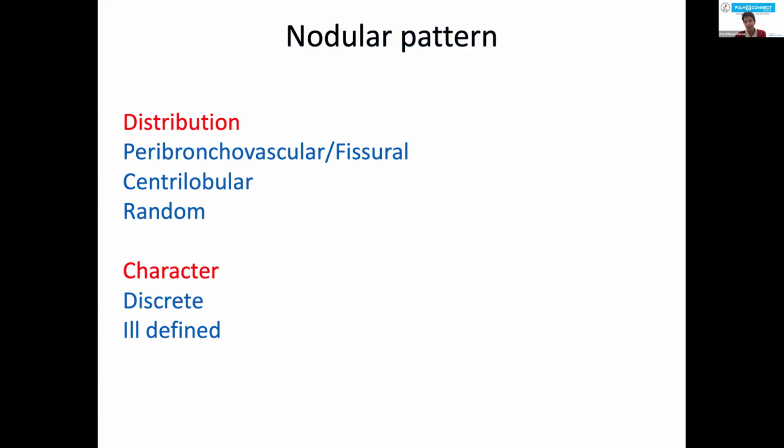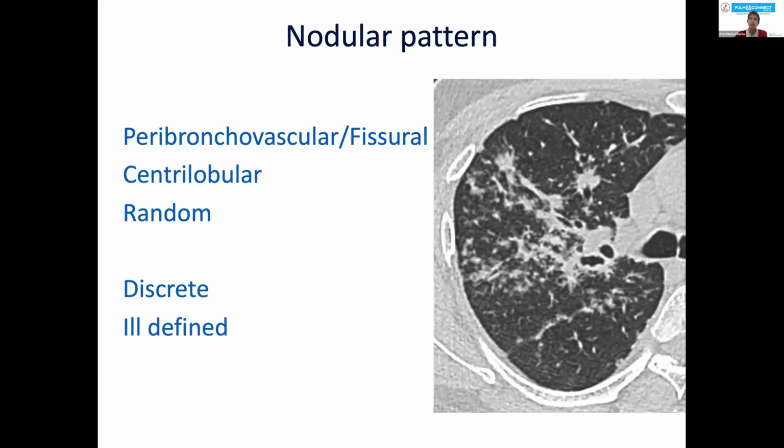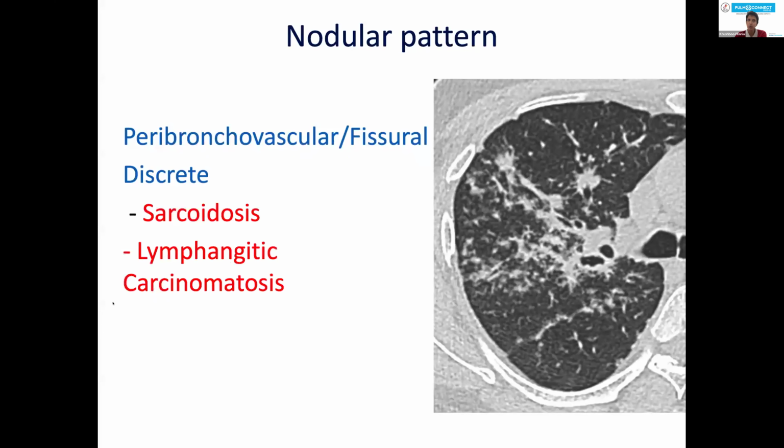Then you have nodules. So you have dots in the lung parenchyma. When you have dots in the lung parenchyma, we divide them basis the distribution of the dots and the character of the dots. So for example, when you see these look like discrete nodules and not ill-defined. So we can easily see them with the eyes without straining them, and we will need a sharp pencil to draw them. So when you see these peribronchovascular fissural distribution, discrete nodules, you know you are looking at a diagnosis